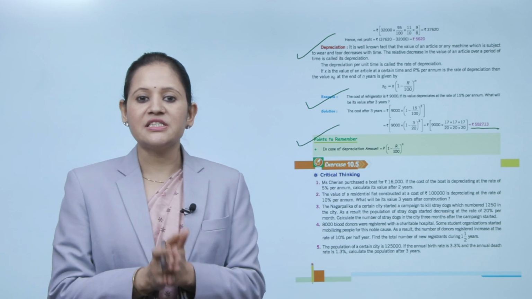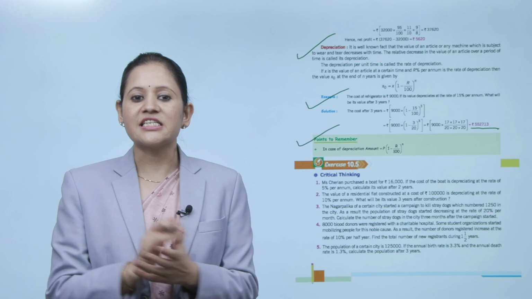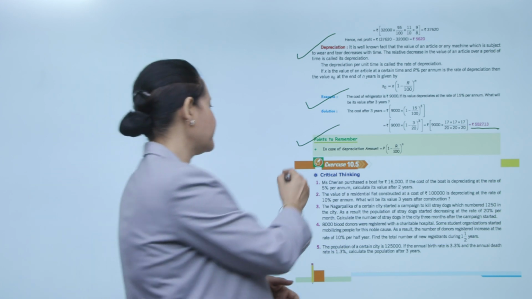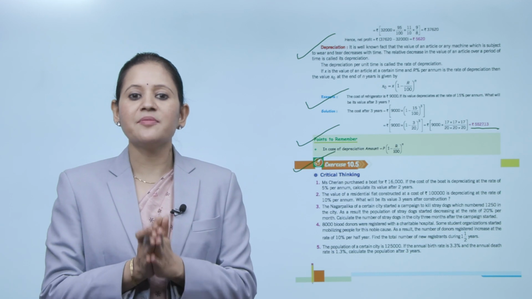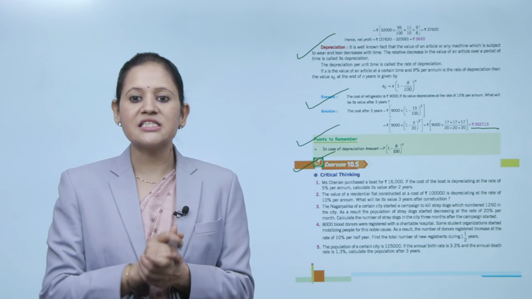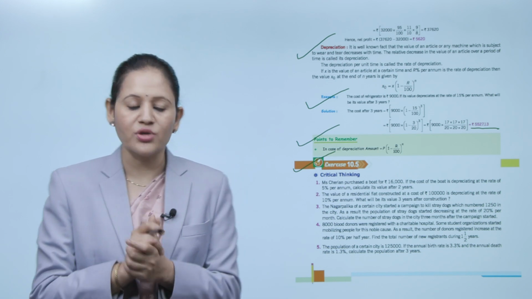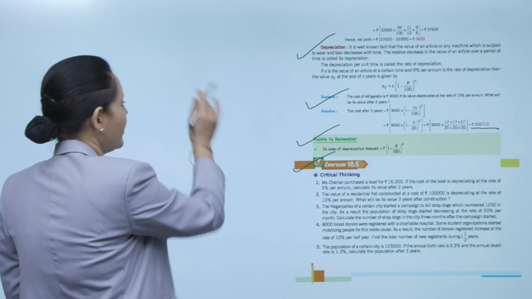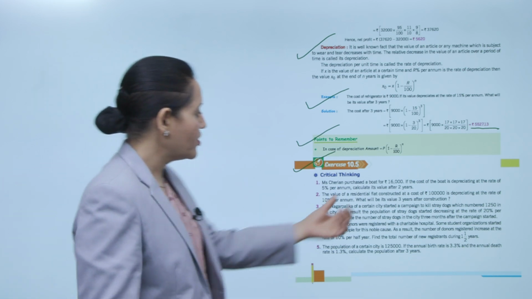Next is points to remember. In case of depreciation, amount equals P(1 - r/100)^n. Next is exercise 10.5. Critical thinking. Miss Cherian purchased a board for rupees 16,000. If the cost of the board is depreciating at the rate of 5% per annum, calculate the value after 2 years. So, value after 2 years, that is equal to